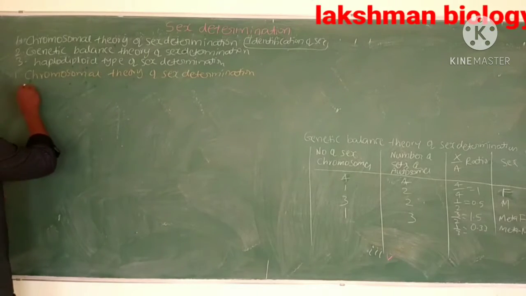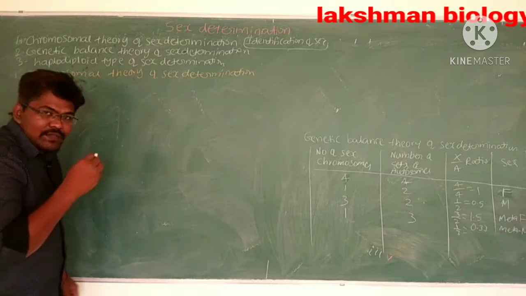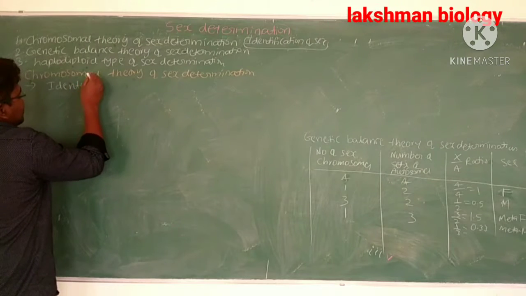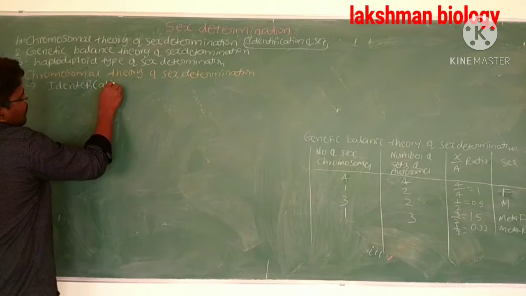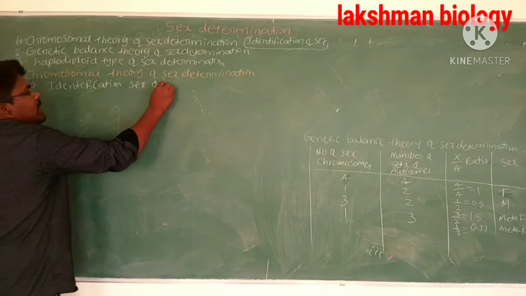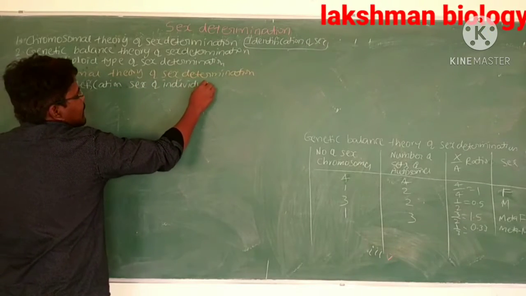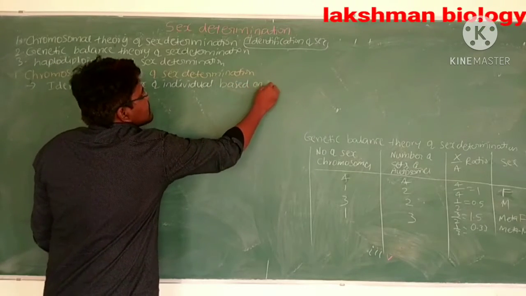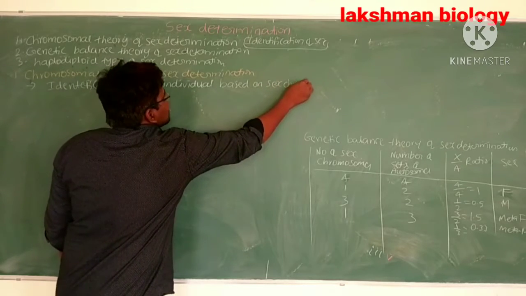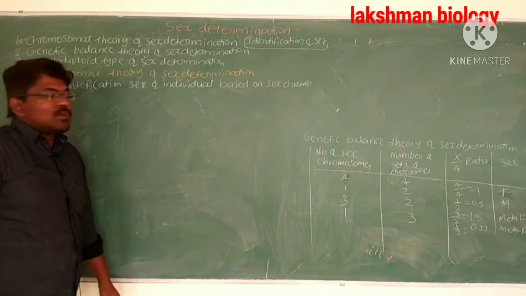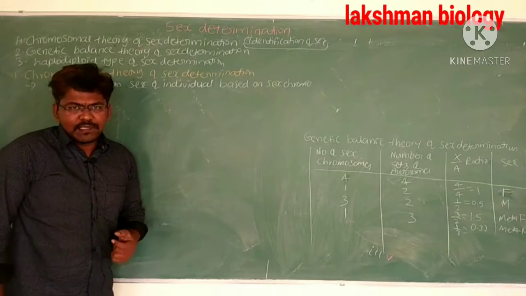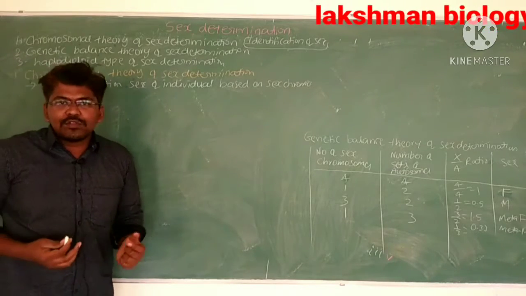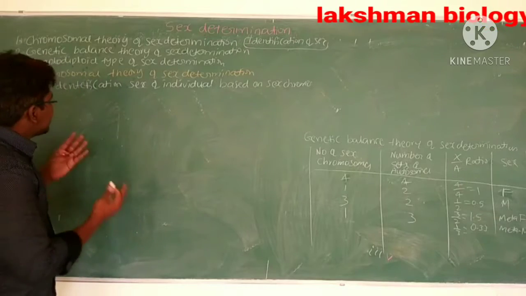That is one example of the chromosomal theory of sex determination. What is the chromosomal theory of sex determination? Identification of the sex of an individual based on sex chromosomes is called the chromosomal theory of sex determination. Before going to the complete details of the chromosomal theory of sex determination, we should discuss